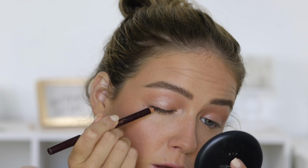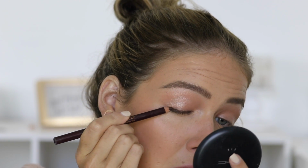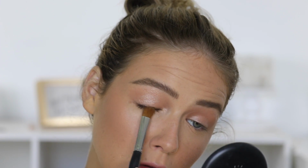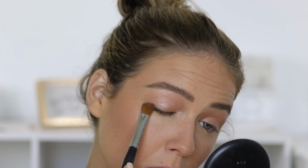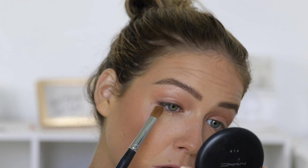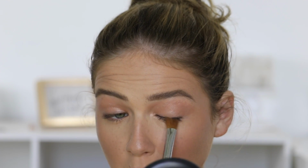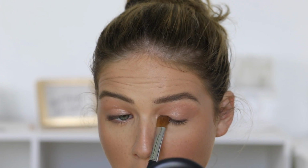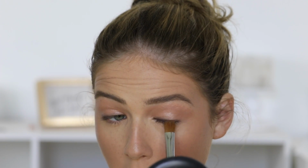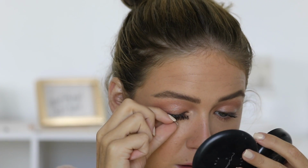And then to give my lash line a little bit of definition, because I am going in with falsies, I'm taking the Charlotte Tilbury Perfect Powder Pencil in the shade Audrey. And I'm just applying that to my lash line and buffing it out with a basic shadow brush. I mean, nothing special going on here. You can even leave this out. I just feel like my lashes always look a little bit more concealed when I do this. So I always go in with just a little bit of liner. And then I'm applying the Ardell Demi Wispy lashes